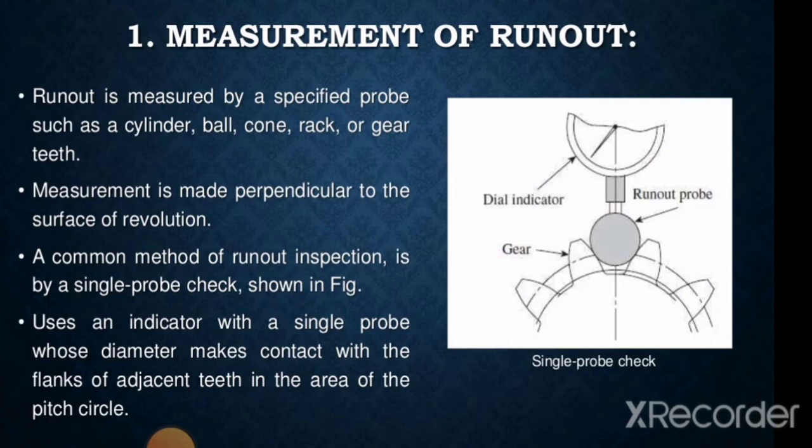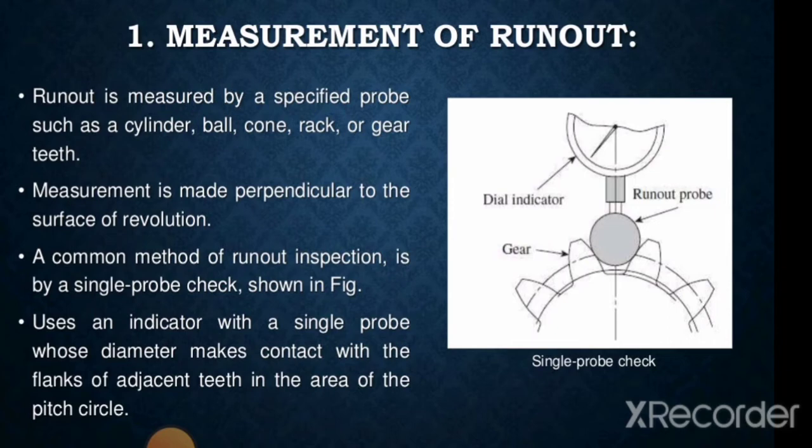As we all know, an analytical inspection of gear consists of determining the tooth elements where manufacturing errors may be present. They are different, such as run out, profile, pitch, lead, backlash, which we have already studied. We also have studied composite errors, concentricity, alignment, and tooth thickness. We will start with the first, that is run out.